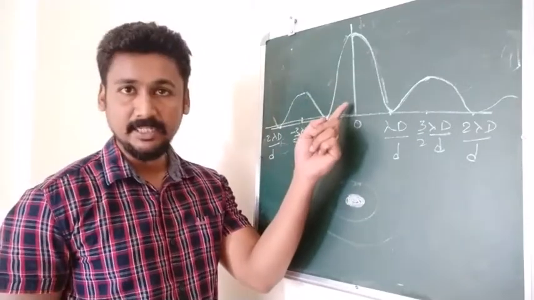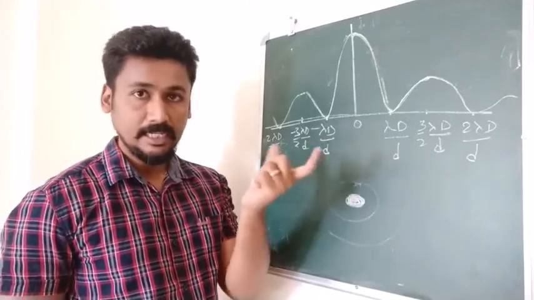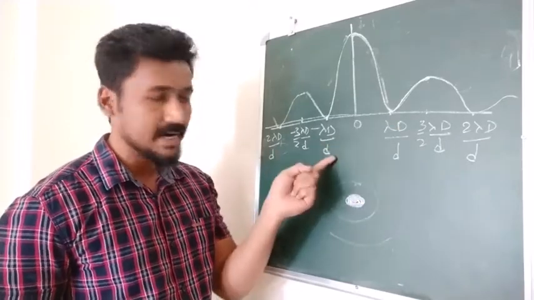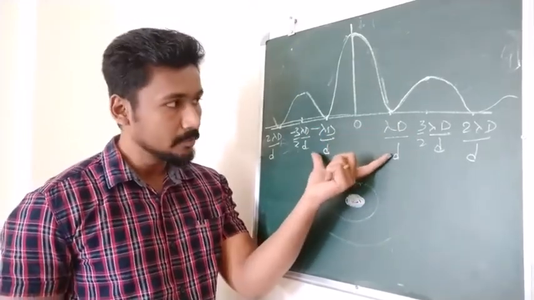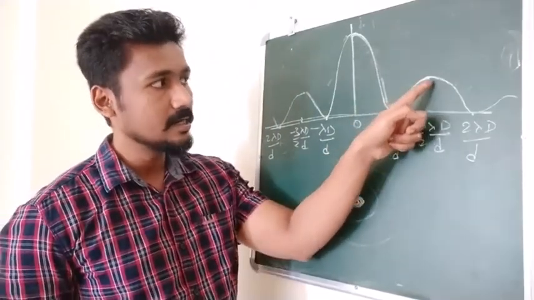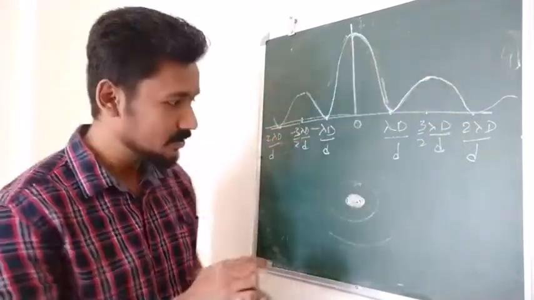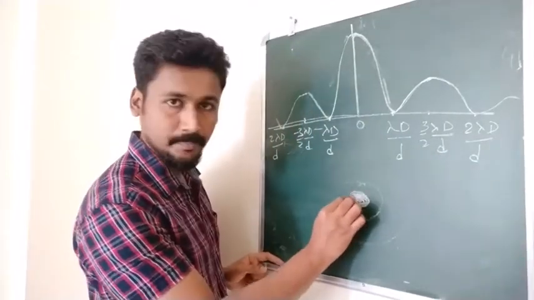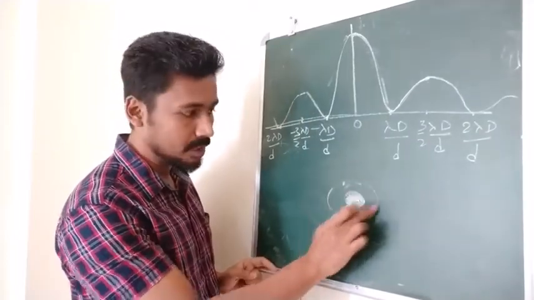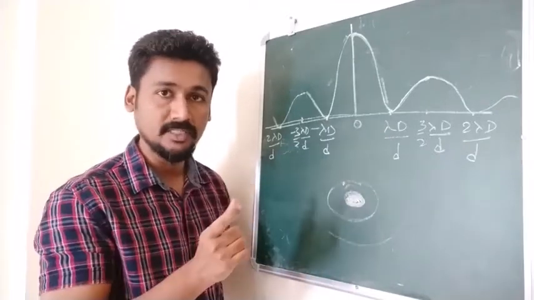Here we are seeing how bright it is. तो सबसे ज्यादा bright कहां पे रहेगा? जो central part है. Okay, how much is the width of that central maxima? Central maxima की width रहेगी lambda D by d plus lambda D by d, that is 2 lambda D by d. इतनी वो width रहेगी of the central maxima. And then you are going to see a dark spot, then a light spot, okay, bright spot, फिर से dark, and you will see the brightness goes on decreasing. That is why I said center में it looks very bright, then there is a dark spot, then it looks lighter. या जो center maxima है उसके मुकाबले light रहेगा. Then you see these fringes. That is the image that you will observe in diffraction.